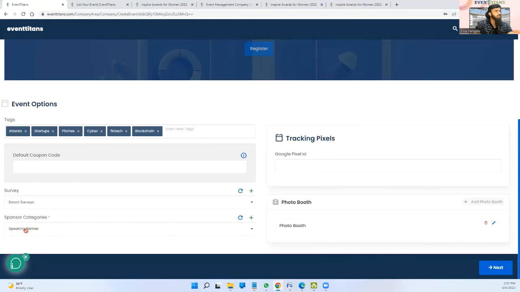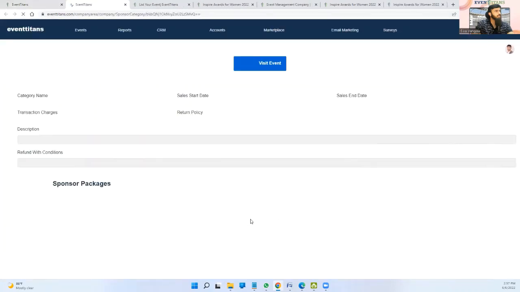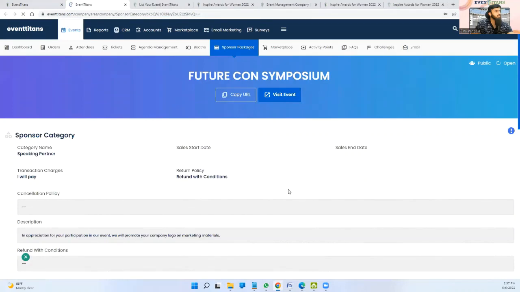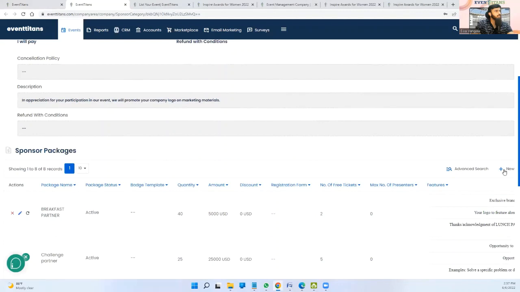Customize it the way you want to. Sponsor categories is the place where, if I click plus here, anything you see plus and refresh. If you do not have any information in this particular section, you can add new, and once you are done adding new over here, you can go back and refresh. Over here, since there is already sponsor packages,